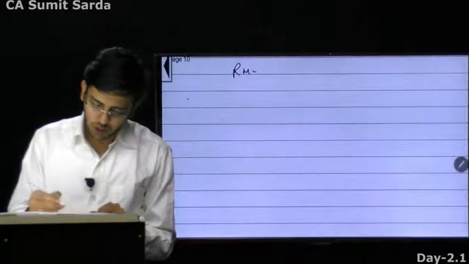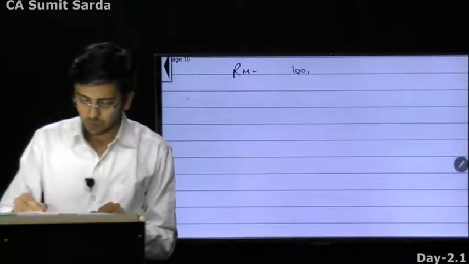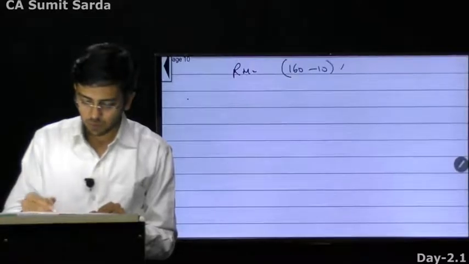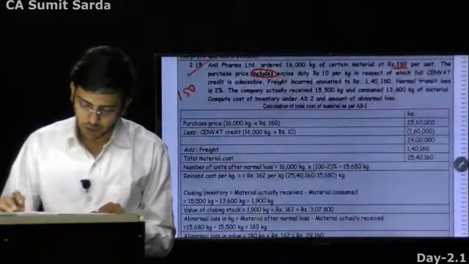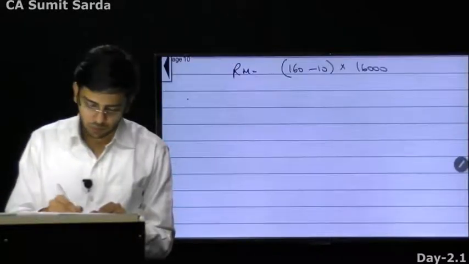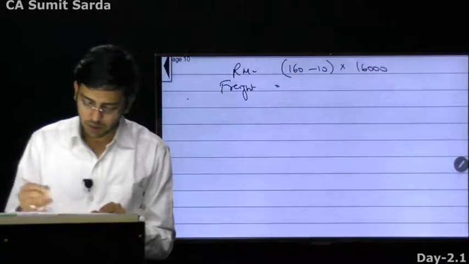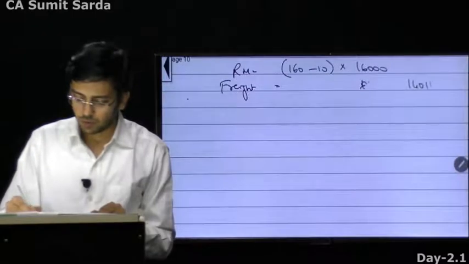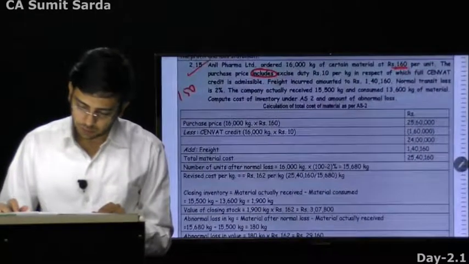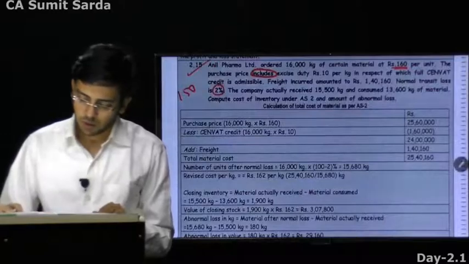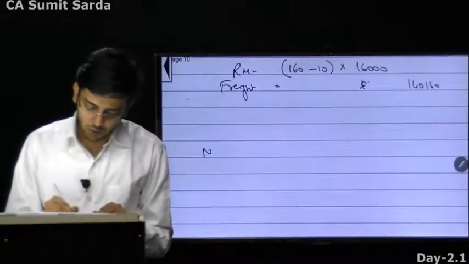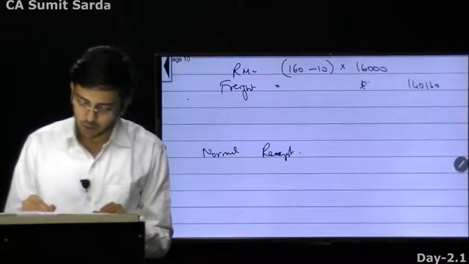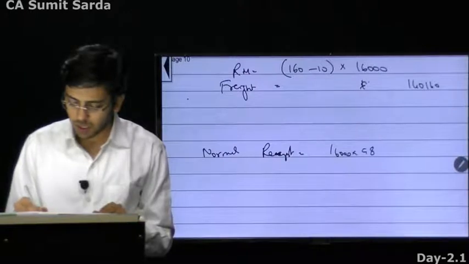So we have raw material, which is to be valued at 150, and we have purchased 16,000 kgs. Now there is a freight that has been incurred. The freight incurred is 140,160. So freight is always included, correct? Normal transit loss is 2%. So let me write down normal receipt will be 16,000 multiplied by 98%,